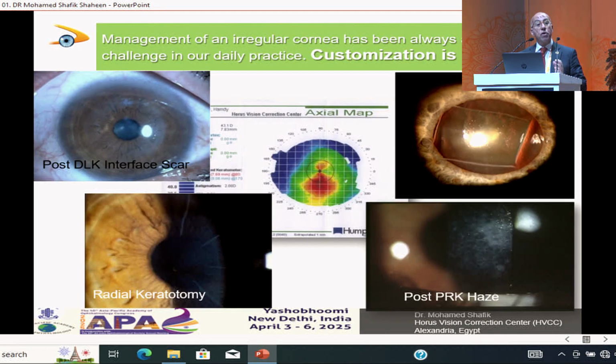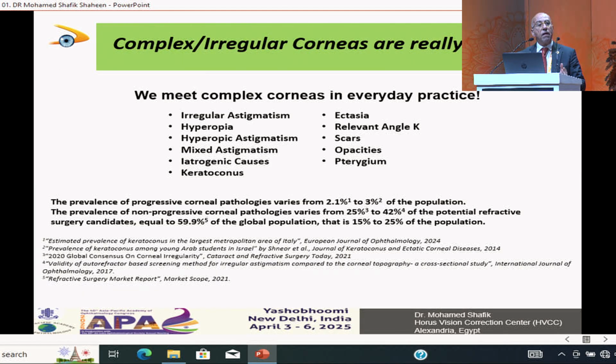And thirdly, the most important thing that we're going to address now is a kind of irregular cornea, which is a challenge that we meet every day as a refractive surgeon. You might say that irregular corneas are very rare. No, on the contrary, because every mixed astigmatism, every hyperopia, every high astigmatism is a kind of irregular cornea. Every previously touched cornea with a previous LASIK or even SMILE or PRK is an irregular cornea. Every subtle opacity on the cornea is an irregular cornea. So if you have a refractive practice, you might have half of your patients with a kind of irregular cornea